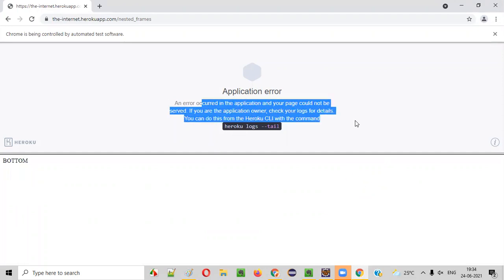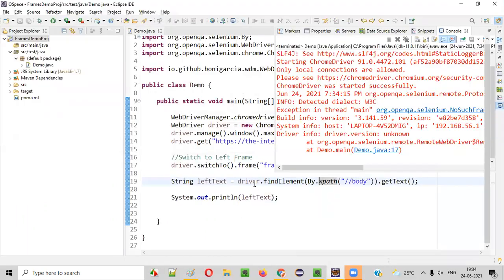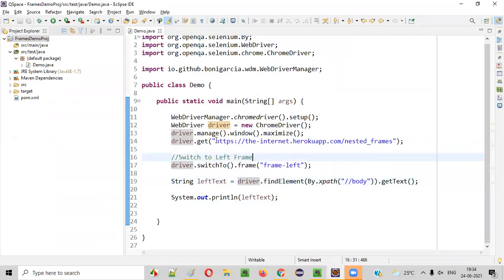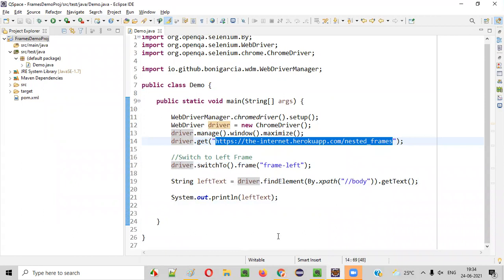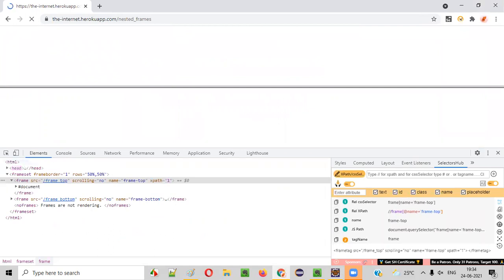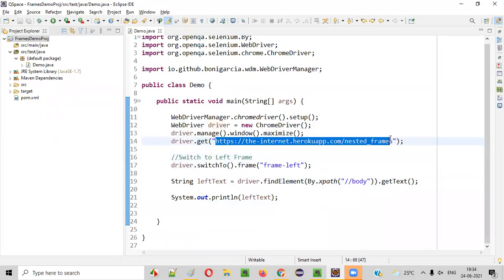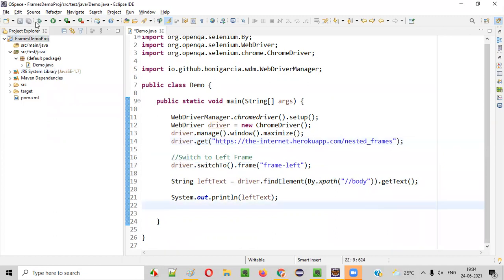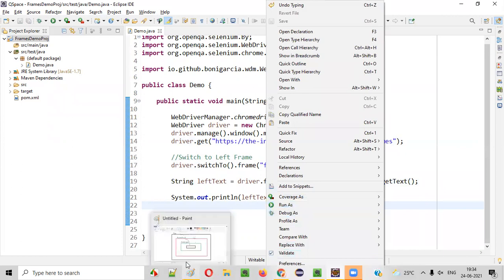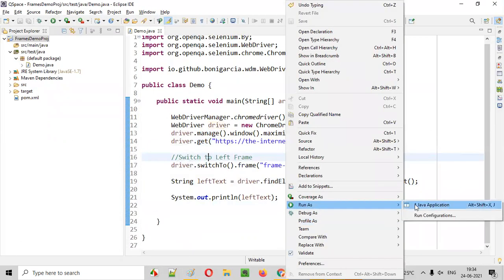So there is an application error, guys. Maybe I'll try it again, or I'll manually try it once. So let's manually try it and see if this is coming or not. If it is coming, then I'll run the code. Yes, it's coming. So let's run this code again. Maybe for some reasons we got that application error. Okay, this is working.